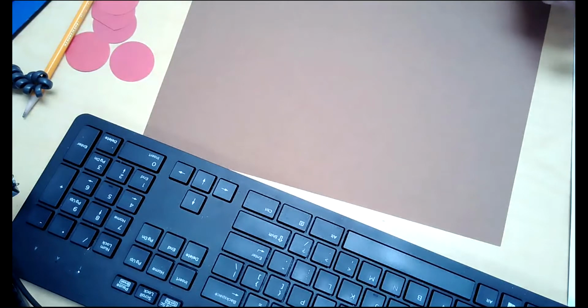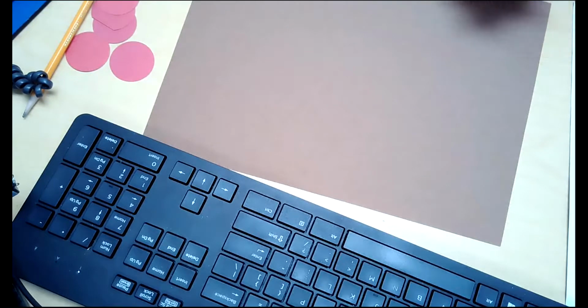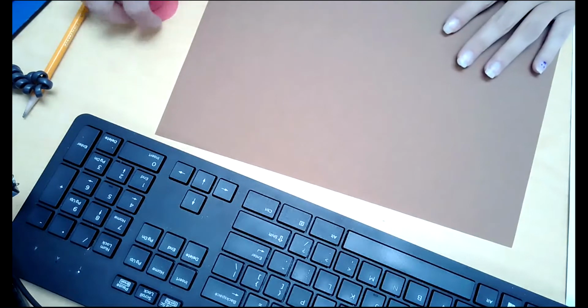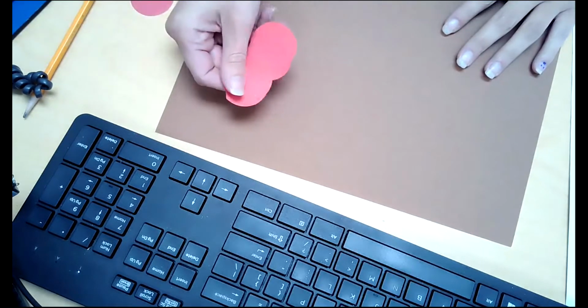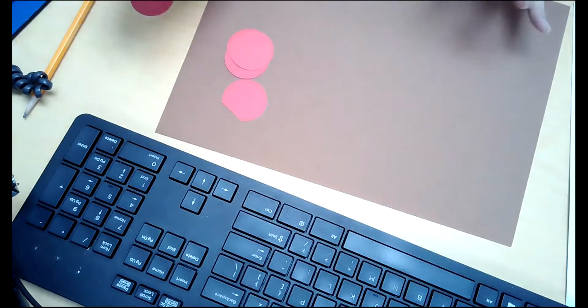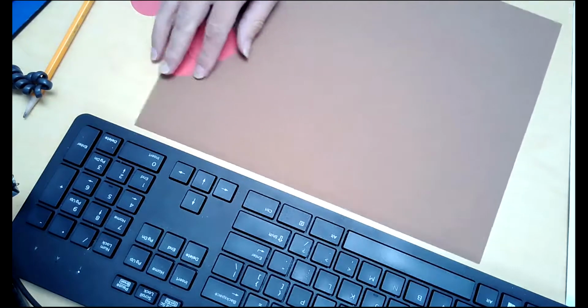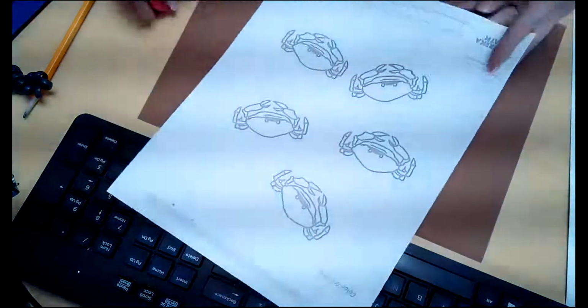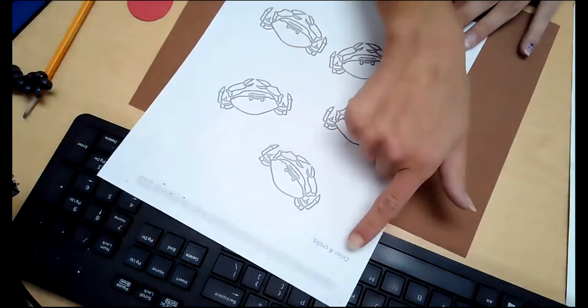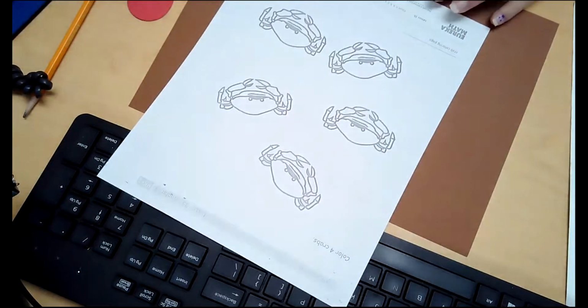So what were the different ways that we counted 1 to 5? How did you count in the 5 little crabs rhyme? You counted with the circles and you used your fingers the math way. Okay, so for your paper, you have one that looks like this, and the assignment says color 4 crabs. All right, that's our